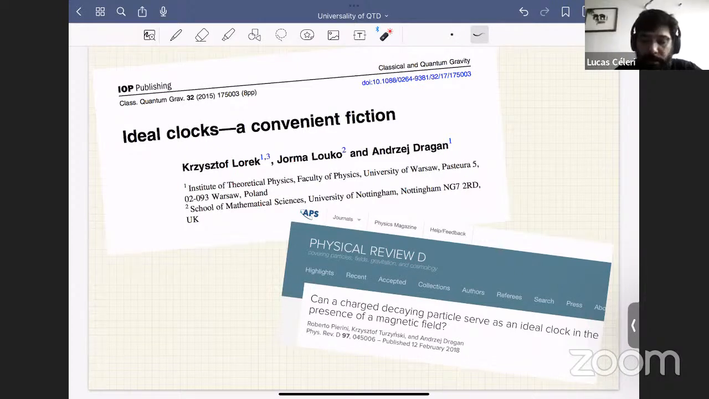If I understood correctly, you are saying that we cannot simply build an ideal clock, and I think that is okay. It's the same reason why we cannot build an ideal ruler, because we need to concentrate too much energy in a single point. But the way I see things,